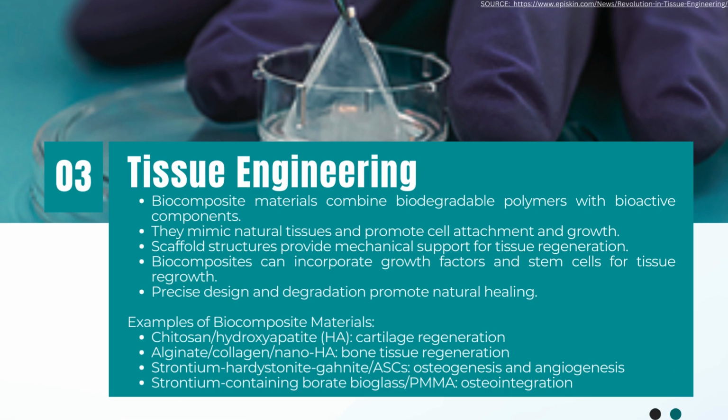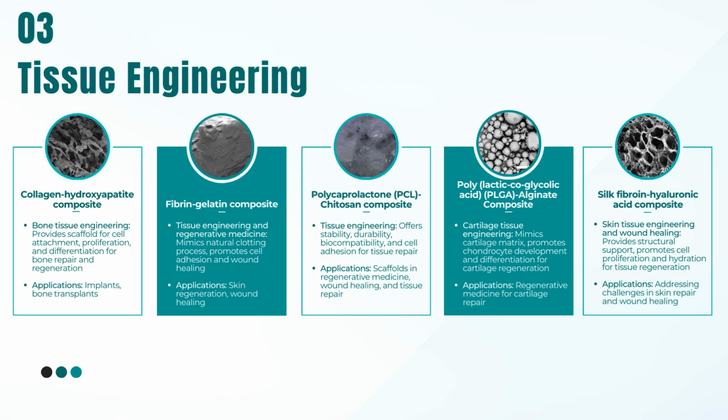Which is why we can see materials like chitosan, a natural polymer, and hydroxyapatite ceramics for reinforcement together. And together, we have a material that can be biodegradable at a certain amount of time, with sufficient stress shielding to enable cell growth, becoming a type 4 resorbable material. And other materials are strontium alloy for osteogenesis and stem cells for angiogenesis, bioglass for bioactivity, and PMMA as the matrix. Now let us move on to the biocomposites used in tissue engineering.